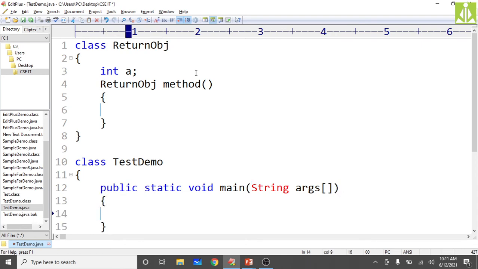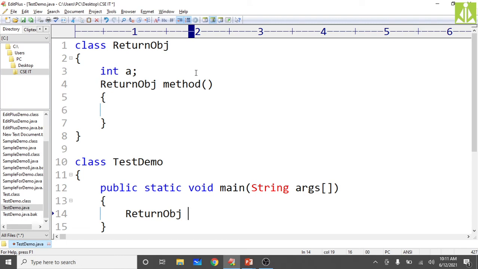Within this, there are a lot of things to do. An object will be returned, that object we have to receive, and using that object we have to print the value. So first I will create one simple object of the class return obj. I don't want to confuse you people, that's why I'm doing it this way.